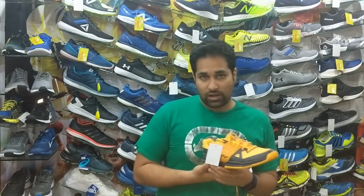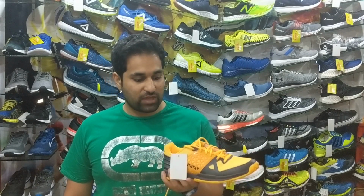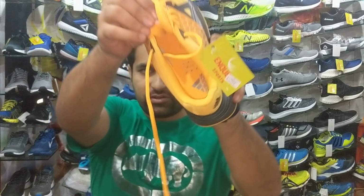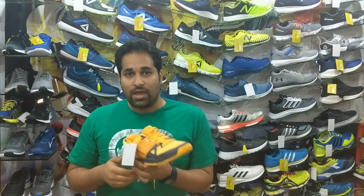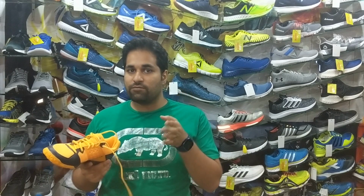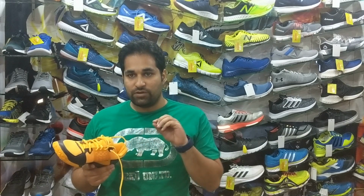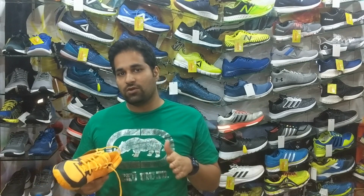Now, if you talk about the sock liner, or insole as you call it, it is a moisture wicking insole. Now, this moisture wicking insole with a lot of ventilation holes in it as well, if you see closely, this moisture wicking insole drives the moisture away from the bottom of your feet, and that is a prime reason why players can get away without blisters if they wear this kind of a shoe. Whereas if they wear normal shoes which don't drive the moisture away and keep their feet wet, the feet is going to keep on rubbing with the socks and the sock liner, and eventually they are going to end up